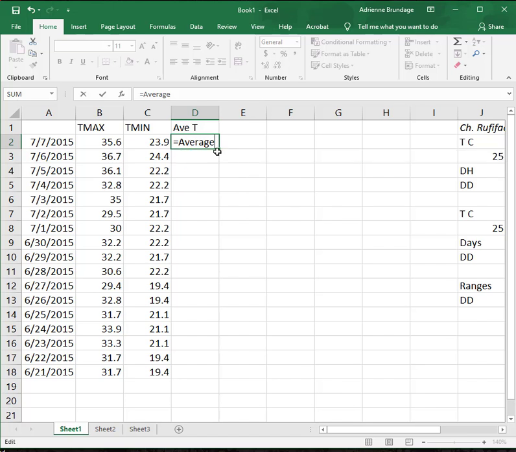So what you're doing here is saying, okay, first I put the equals. Here's a formula. Now this is what the formula is going to be. I want you to average these numbers. Then you put in an open parenthesis and you click on the numbers. I clicked on this first one and then I just dragged to the second one. I want you to average these two numbers, end parenthesis, and click enter. So the average of 35.6 and 23.9 is